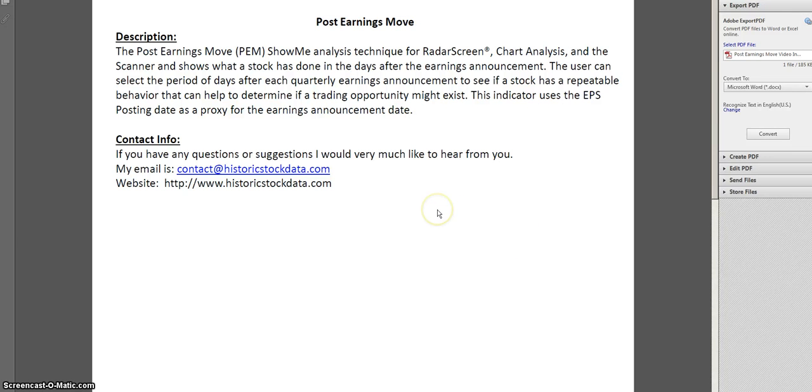Hi, this is just going to be a video to talk about the post earnings move ShowMe technique for TradeStation. It works in RadarScreen, chart analysis, and in the scanner. And basically, this is an indicator that allows you to see what a stock does in the days following an